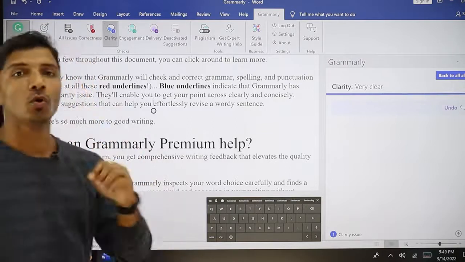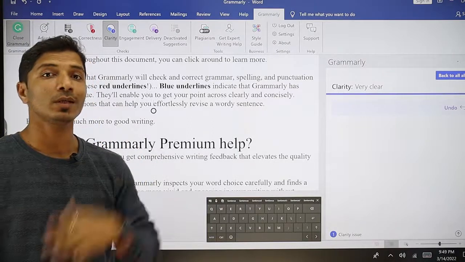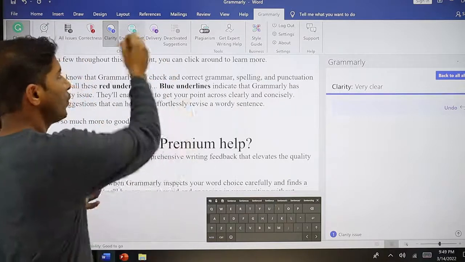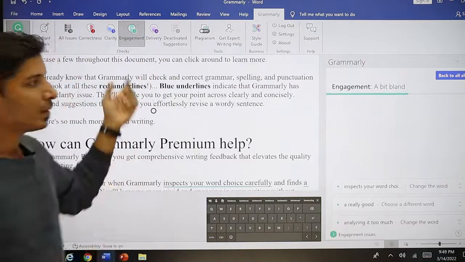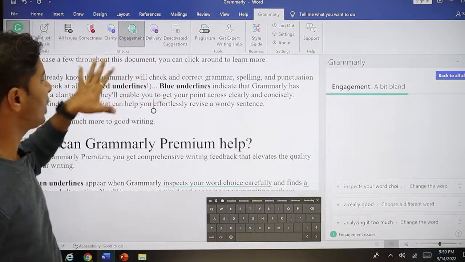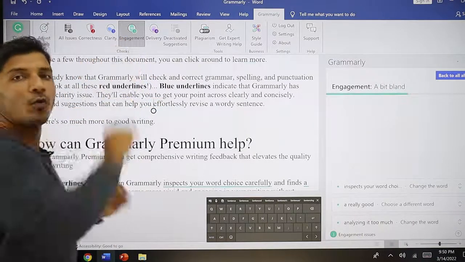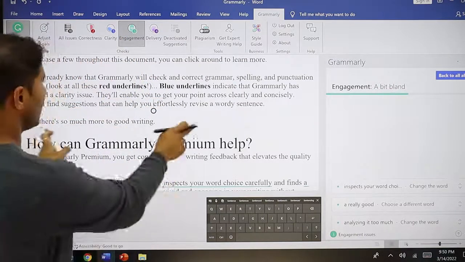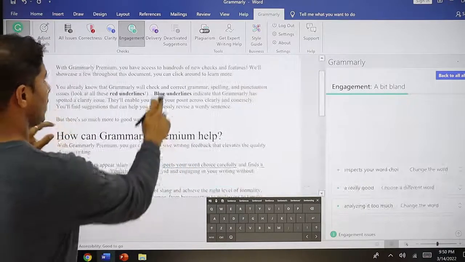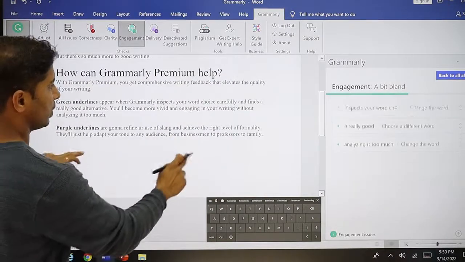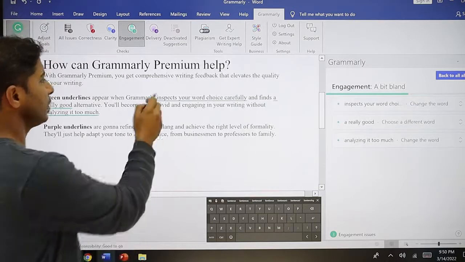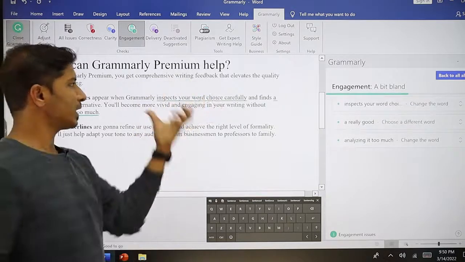Then if you wanted to go beyond clarity, if you wanted to increase the engagement of your readers, okay, then you need to go for this third option. So there are some words, those are highlighted with this color. So see, let us take this example.